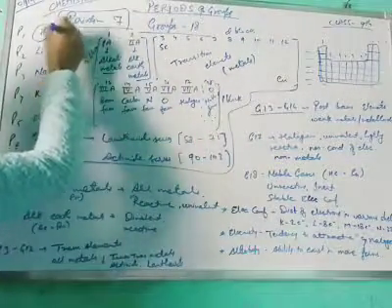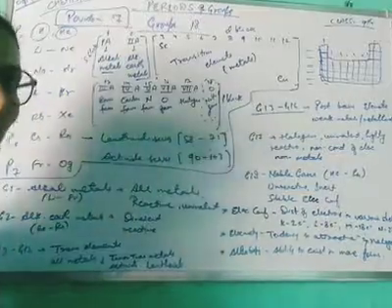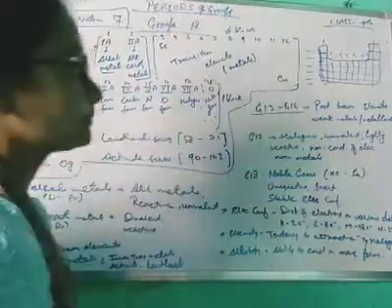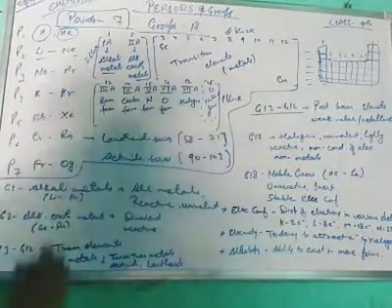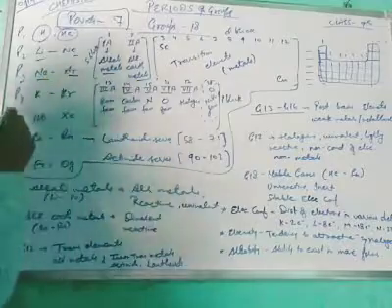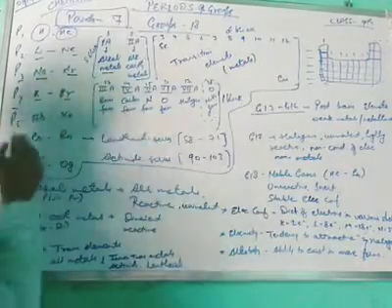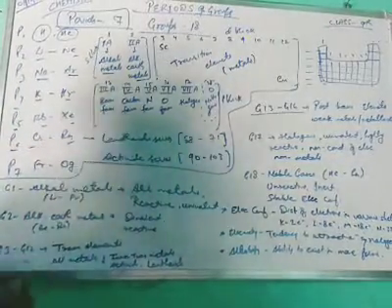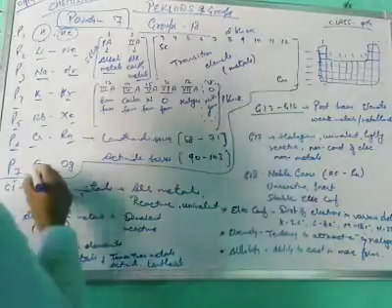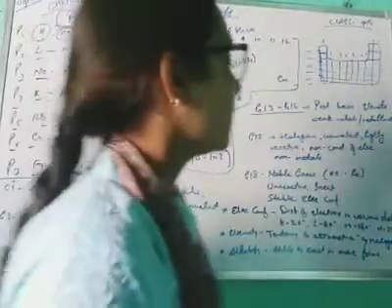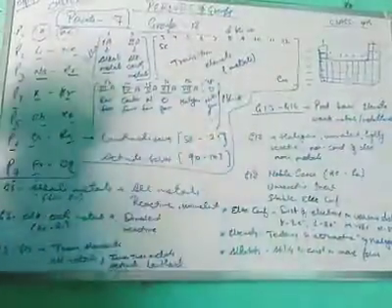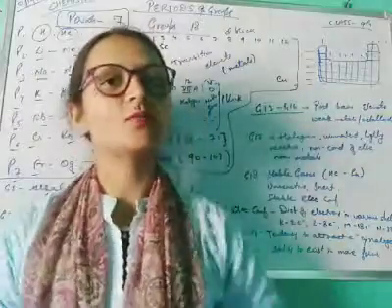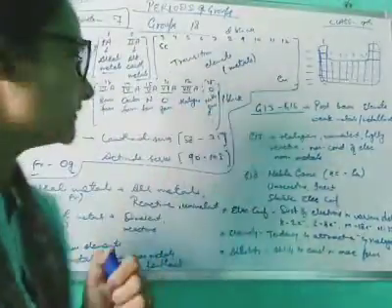In the first period there are only hydrogen and helium, just 2 elements. Then period 2 has elements from lithium to neon. In period 3 there are elements from sodium to argon. Period 4 is potassium to krypton. Period 5 is rubidium to xenon, period 6 is cesium to radon, and period 7 is francium to oganesson, the last one. So these are the elements in the periods, in the horizontal lines of the periodic table.